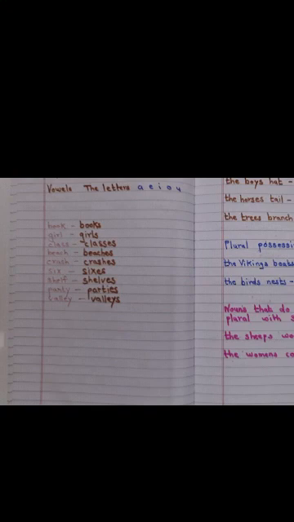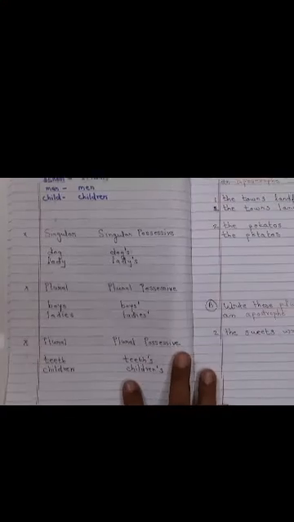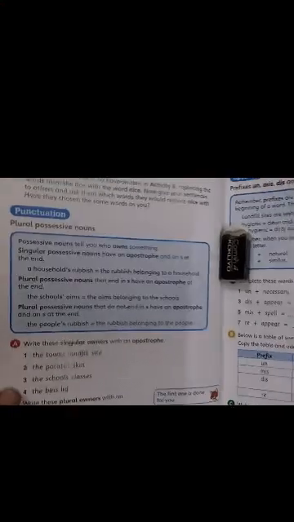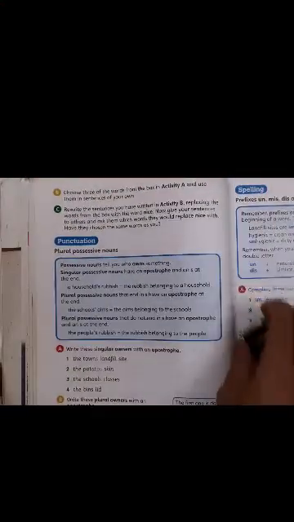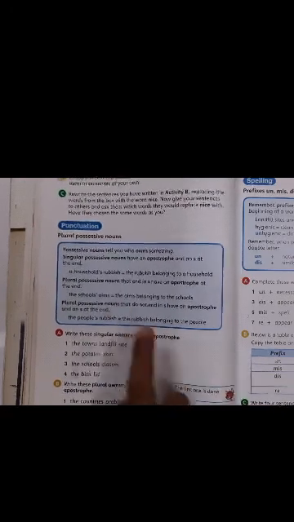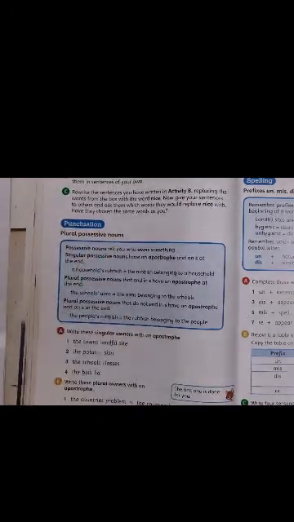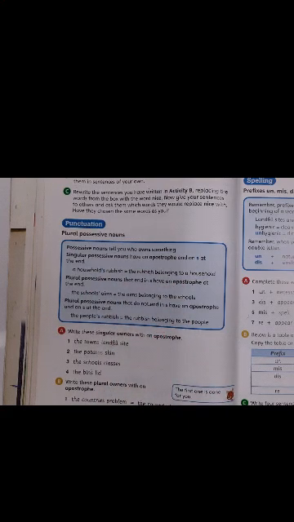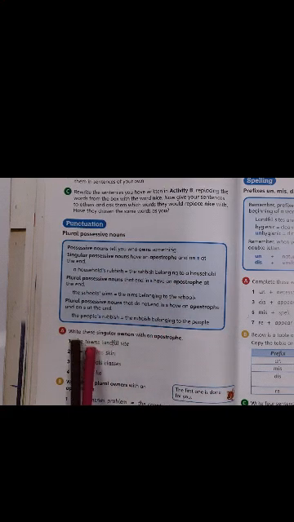Children, singular is easy and plural also is easy. You just need a little practice. You will get it. I will discuss it also in the class. Okay. So what you're going to do is, children, you're going to read this information box, and as I told you, you're going to read page 41 also, because it will give you an idea what is a singular possessive, and then you can move to plural possessive. The same explanation, children, I have written for you. So that's the same. Now let's do these sentences.